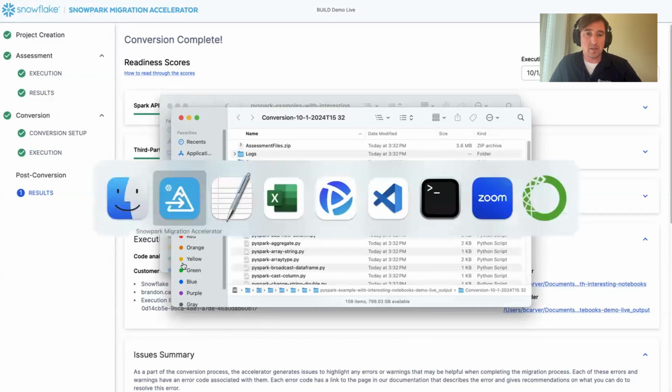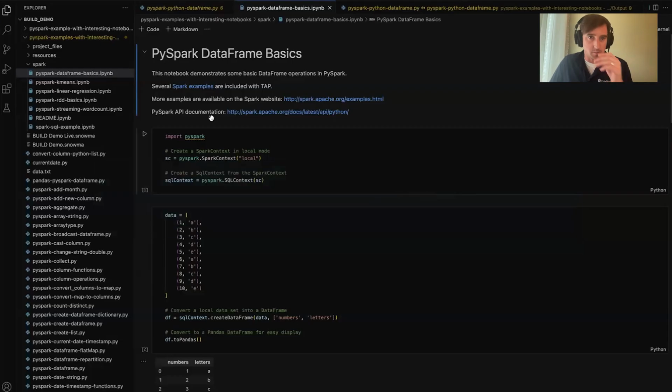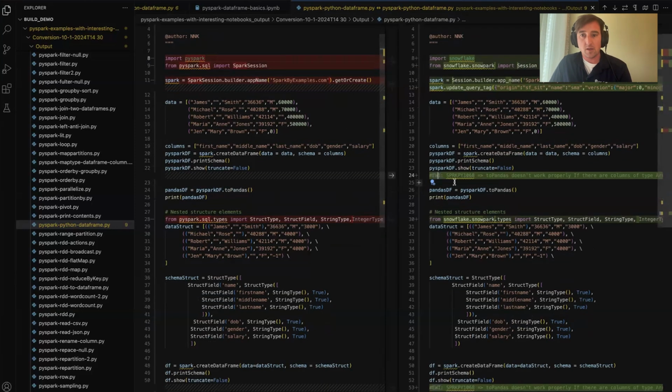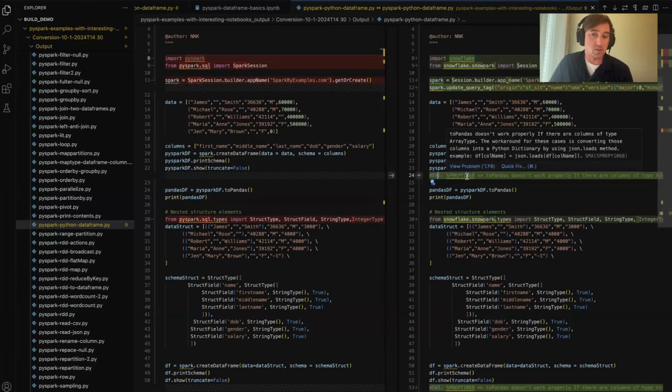And we can see a comparison of the source and target quickly if I jump into a code editor. So on the left, we have the source code that I showed earlier, and on the right, we have the converted output in Snowflake, or ready for Snowpark. There are some simple things that are converted, like import statements. Where the tool can't convert something or it identifies something that maybe you should take a look at, or maybe there's a workaround for,